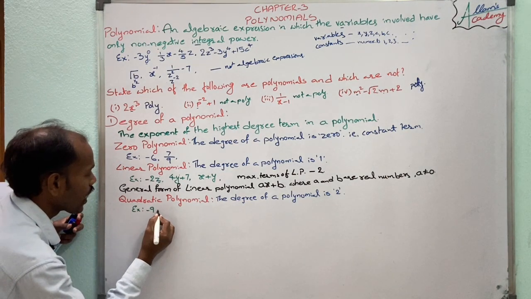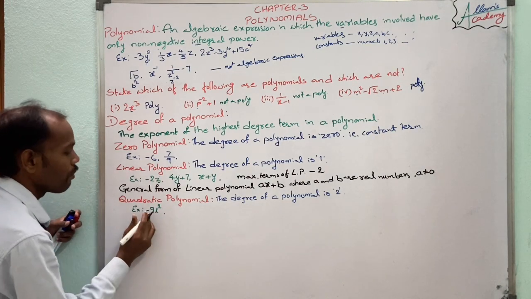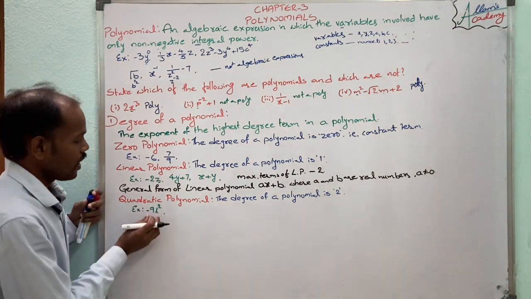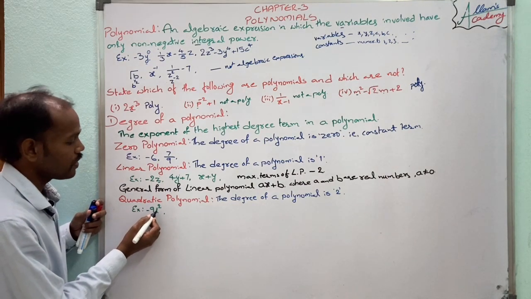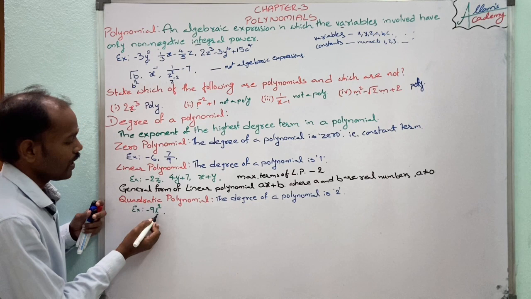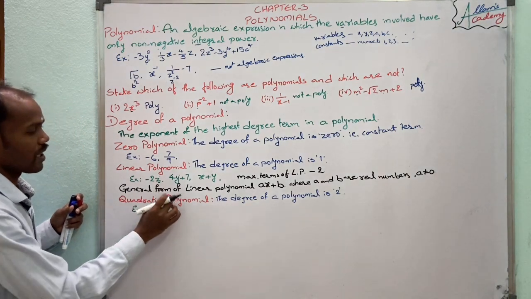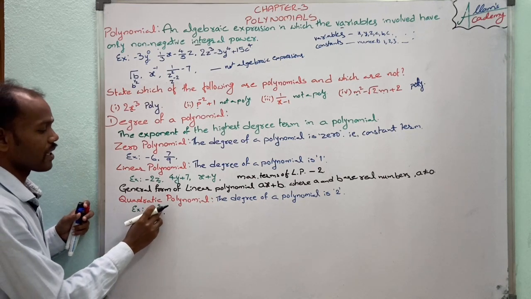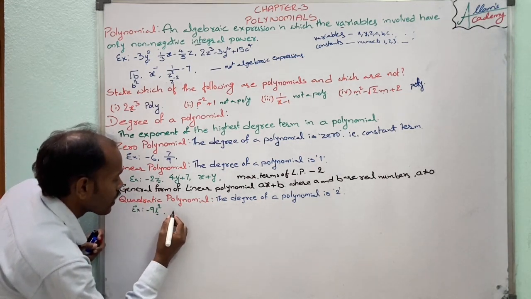Minus 9l square, minus 9l square. Now here a single term is there. In that single term the variable is l. L has the exponent 2, so it is a quadratic polynomial. Why? Because the degree is 2. And the next example,